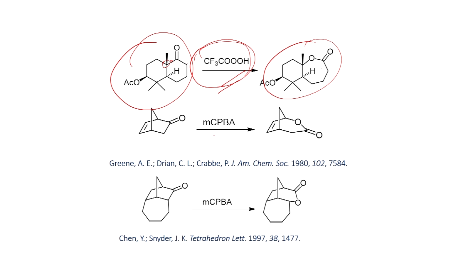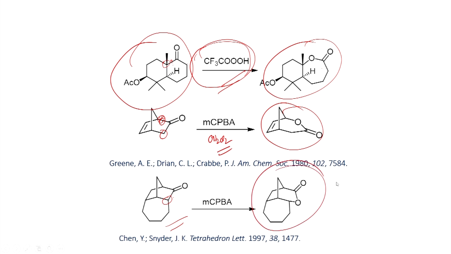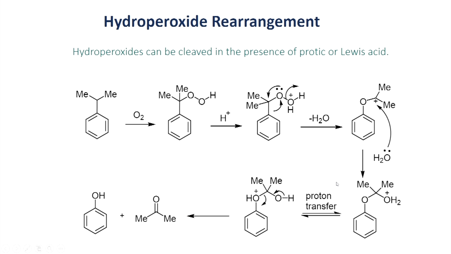And here the reaction of this bicyclic ketone with metachloroperbenzoic acid is shown. Among these, this can undergo migration, and you will be able to introduce an oxygen atom. You will be able to form the bicyclic lactone. Similarly, in this case also, since this is more nucleophilic, the oxygen insertion takes place here, and you will be able to form this lactone as the product.